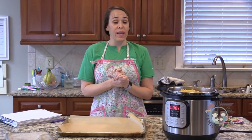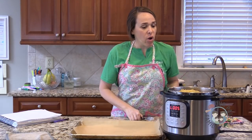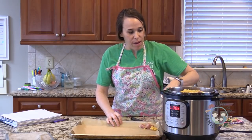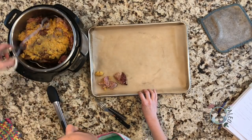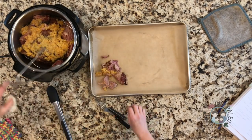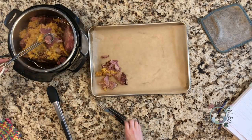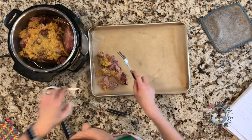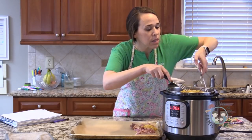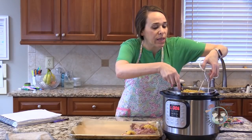Hey there, so our ham has been in for 40 minutes. It smells amazing. If you'll recall, I have a few sort of random pieces because it was too big to fit in. So I'm just going to pull those out as best I can onto this tray, and I'm putting it on this tray because I'm going to stick the whole thing under the broiler for a few minutes to let some of this yummy orange and pineapple glaze